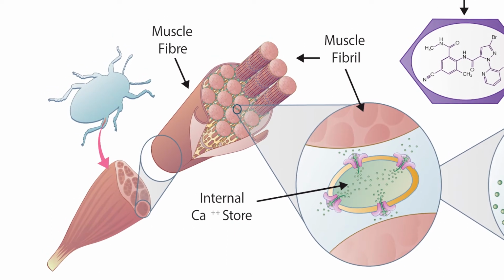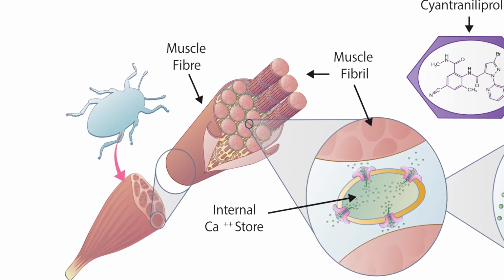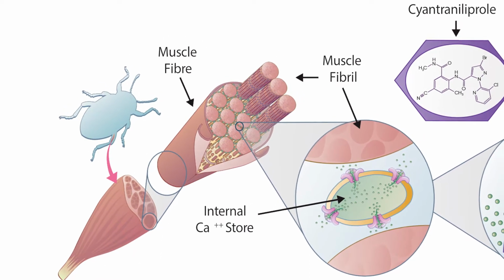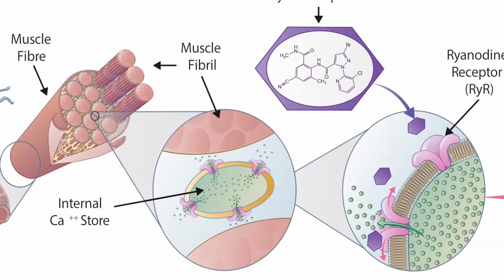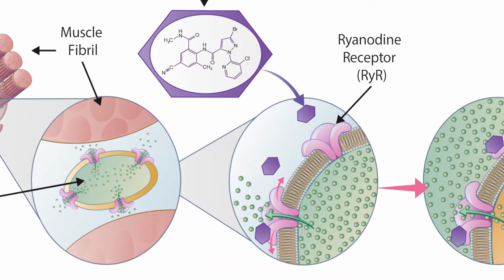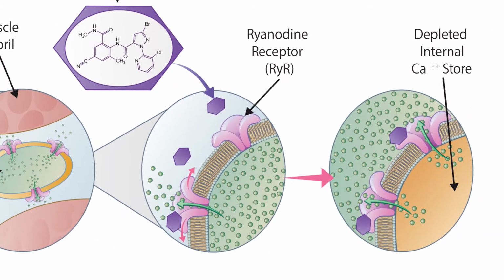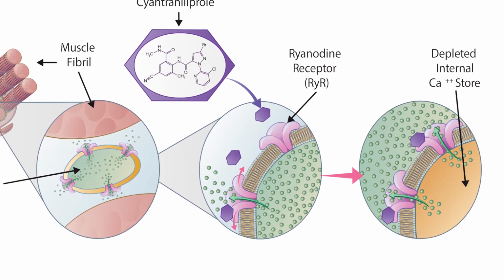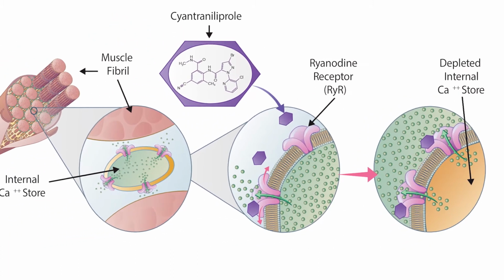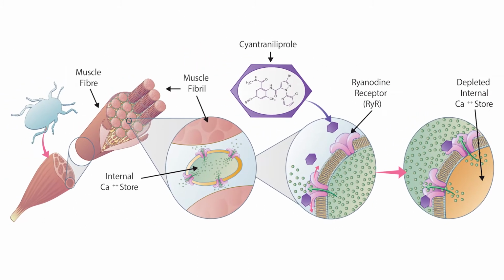Contraction of muscles requires a regulated release of calcium from intracellular stores into the cell cytoplasm. However, cyantraniliprole molecules bind to the ryanodine receptors, causing an uncontrolled release of calcium. This prevents muscles from contracting and stops insects from feeding. Thanks to this mode of action, Lumiposa provides nearly immediate protection from feeding damage, even though pests may still appear